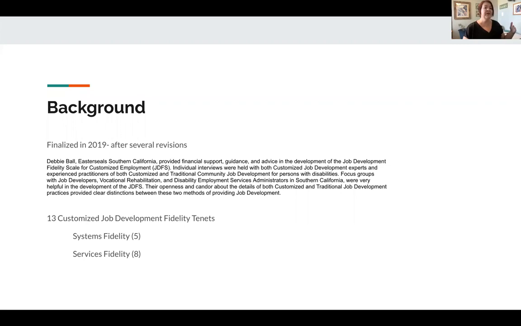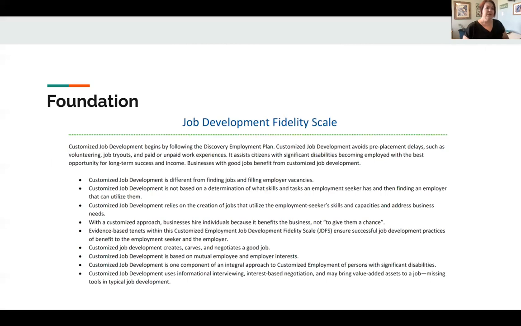So VRDD, whoever's funding the job development, and how that's looking, just as far as the best practices there. So this is really what it looks like in terms of those foundational pieces: you follow the discovery employment plan, right? Just what we've talked about, that you hold that meeting, and then that you really jump into job development, and best practices that you avoid a lot of the pre-placement things, like